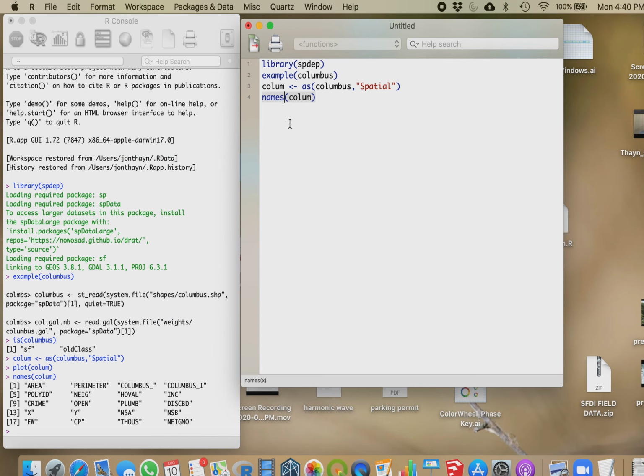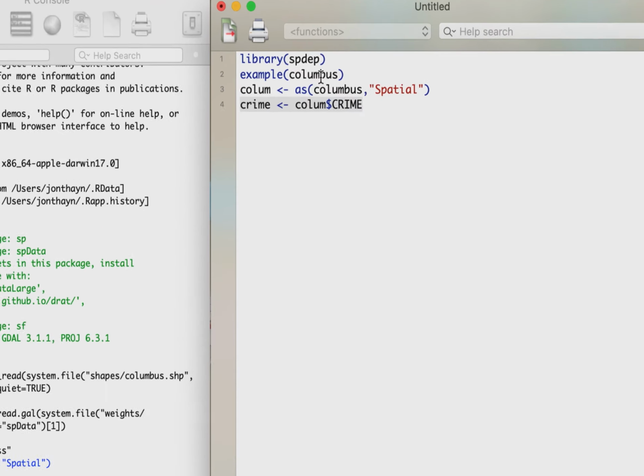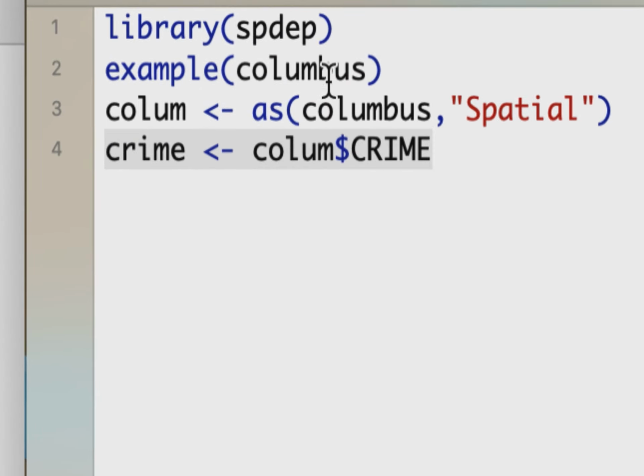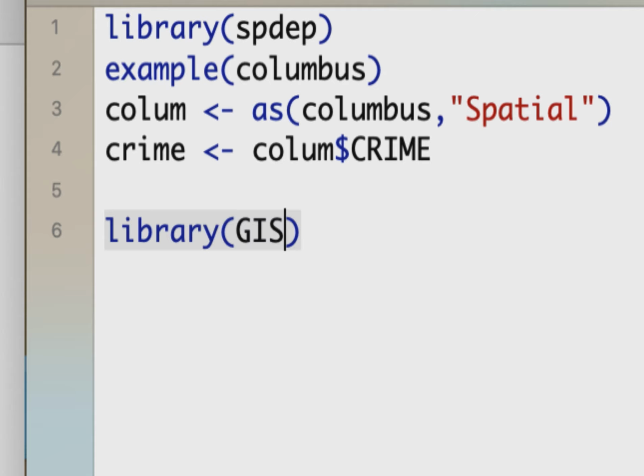So there's a lot of data in there. We're going to look at the crime data. So we're going to call this crime, and we're going to pull from column the crime data set. Get a close up there so that you can see that. Now we want to try to map these data. The easiest way to do that is with the GIS tools package. So we will open up GIS tools,